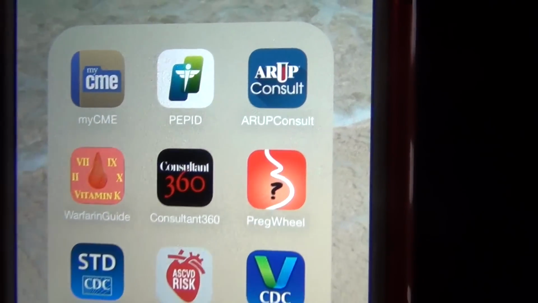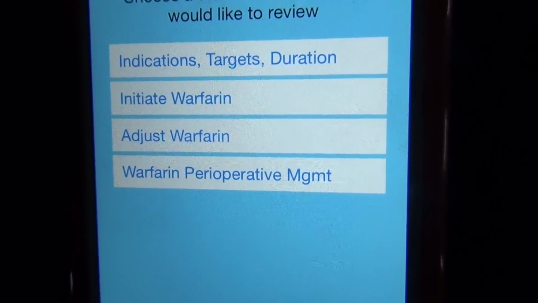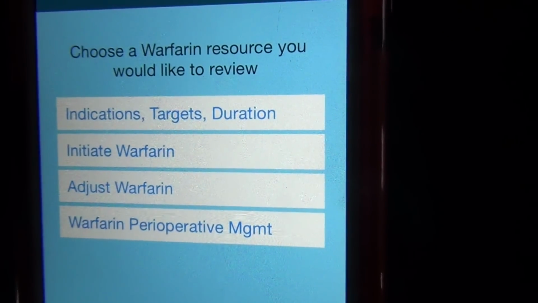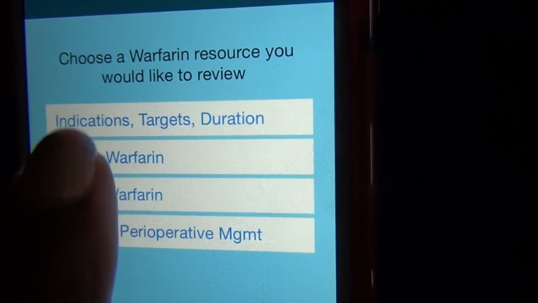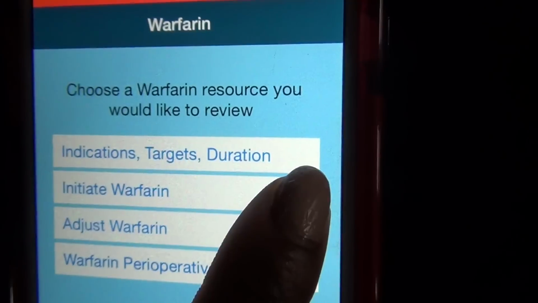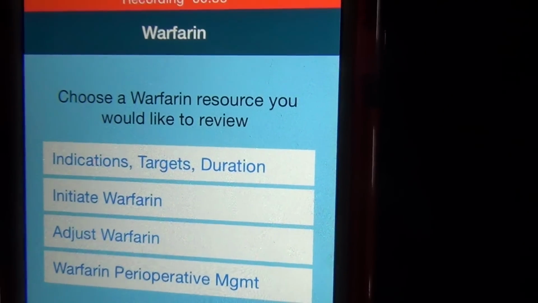And this is the Coumadin app here. Basically you see that you choose a warfarin resource you would like to review. So this app can help you with indications, targets, duration, how to initiate warfarin, adjust warfarin.